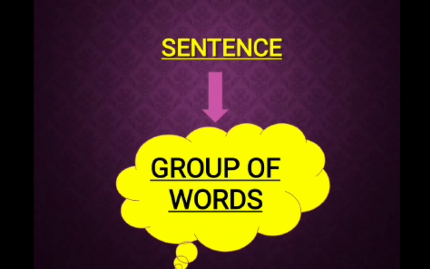So, in English, we learn ABC. And these ABC, A to Z, are called the basics of the English language. Suppose in maths also, we learn 1, 2, 3. So, the digits 0 to 9 are called the basics of maths. So, we will start from the smallest unit of the English language, that is letter.